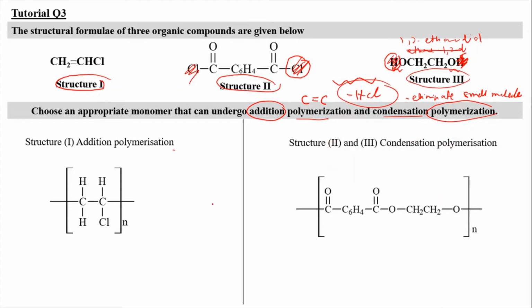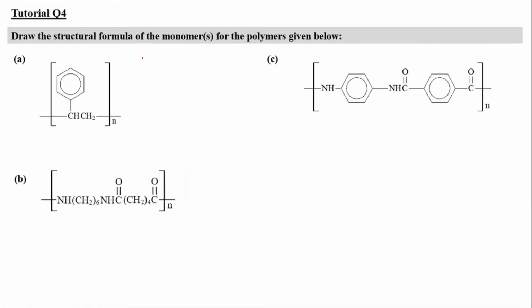Okay, so that's all for question number 3. For question number 4, we have to draw the structural formula for the monomers of the polymer given below. So we have our polymer here, and then we need to predict our monomer. As you can see here, it becomes CH, CH2, and then it's going to attach with C6H5,